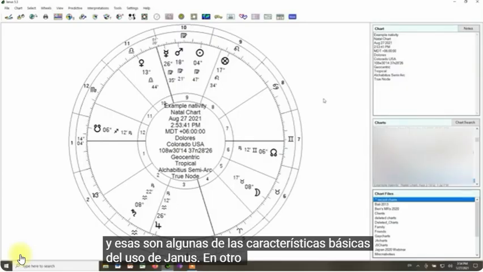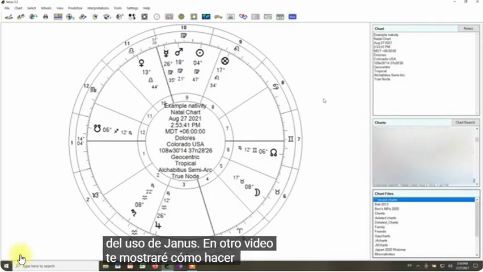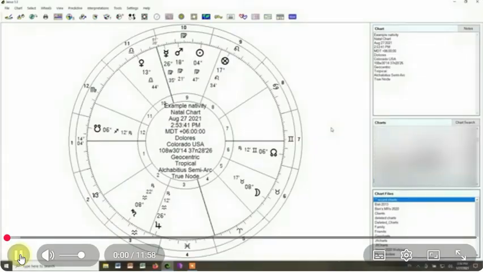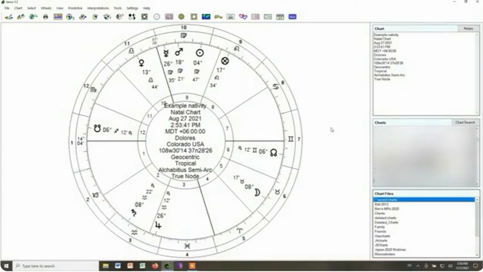In another video, I will show you how to do some of the predictive techniques and where they can be found. Hi everyone, in this short video I'm going to show you a couple of predictive techniques that we will